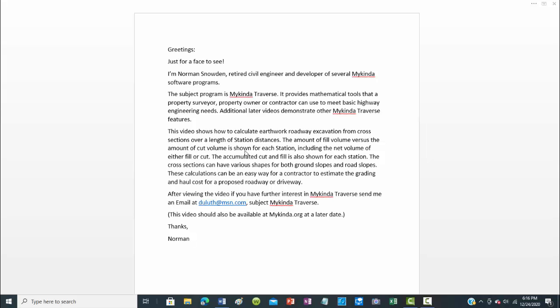This video shows how to calculate earthwork roadway excavation from cross sections over a length of station distances. The amount of fill volume versus the amount of cut volume is shown for each station, including the net volume of either fill or cut. The accumulated cut and fill is also shown for each station. The cross sections can have various shapes for both ground slopes and road slopes. These calculations can be an easy way for a contractor to estimate the grading and haul costs for a proposed